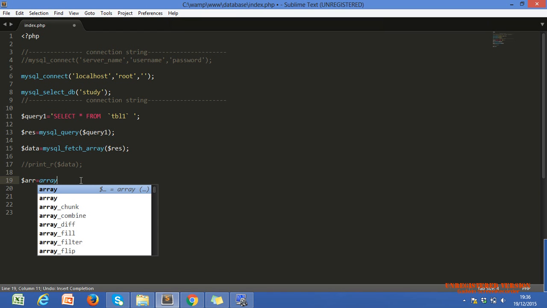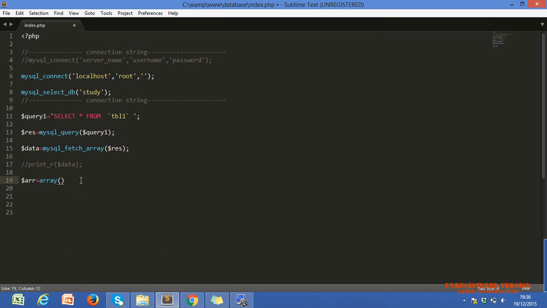Array keyword, and within the brackets we pass the values we want to assign. If you want to assign a numerical value, you pass it directly, comma separated. If you want to assign a string value, you pass it within single quotes, also comma separated.